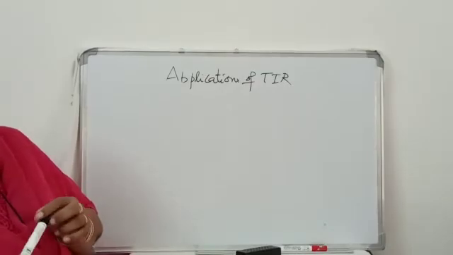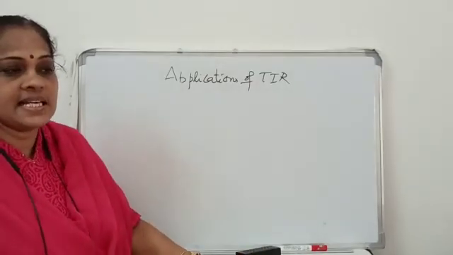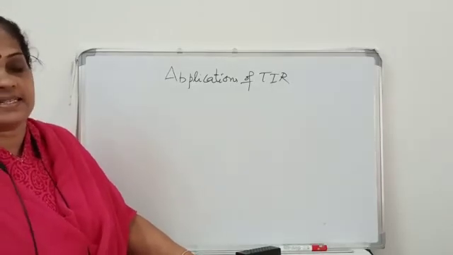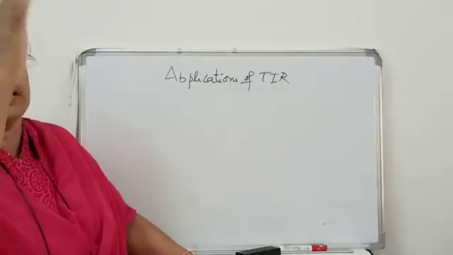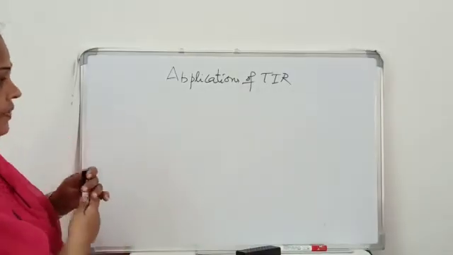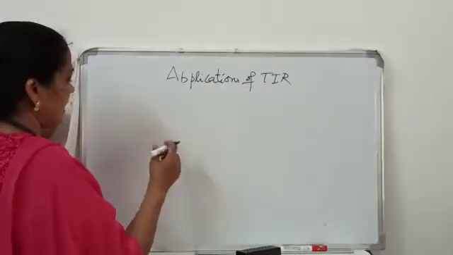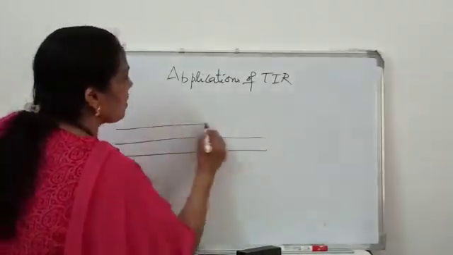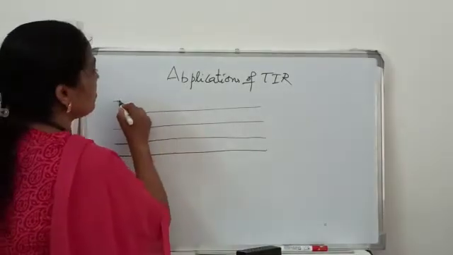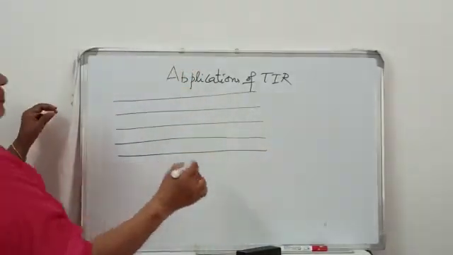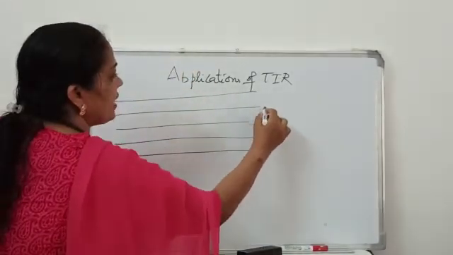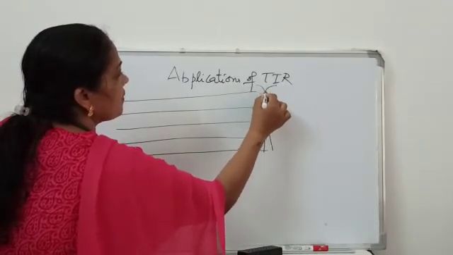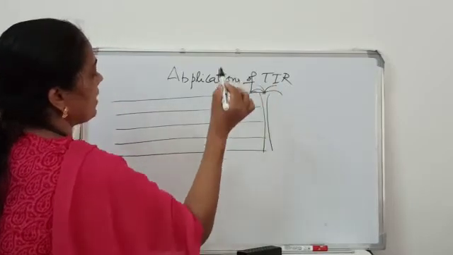This is called an optical illusion, and this optical illusion is also due to total internal reflection. Now in hot summer days, the air above the earth is very hot and less dense. As you go higher and higher, the density goes on increasing. Suppose these are the different layers of air. So the density goes on increasing with height. Suppose you have an object over here, for example, a tree.